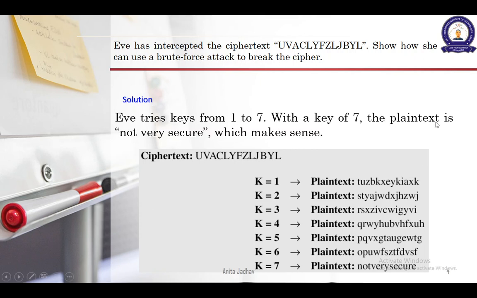So what does it mean? Remember that when you are doing the decryption, you are doing a subtraction, so you are coming one letter behind in the alphabet string, so one letter back. So when I write key is equal to 1, that means I will travel one letter back. So instead of U, I will write T. Instead of V, I will write U. Instead of A, because A is the first letter, when I travel back in the wraparound fashion, it will be replaced by Z. So the moment I finish with these three letters, I know it is not making any sense.